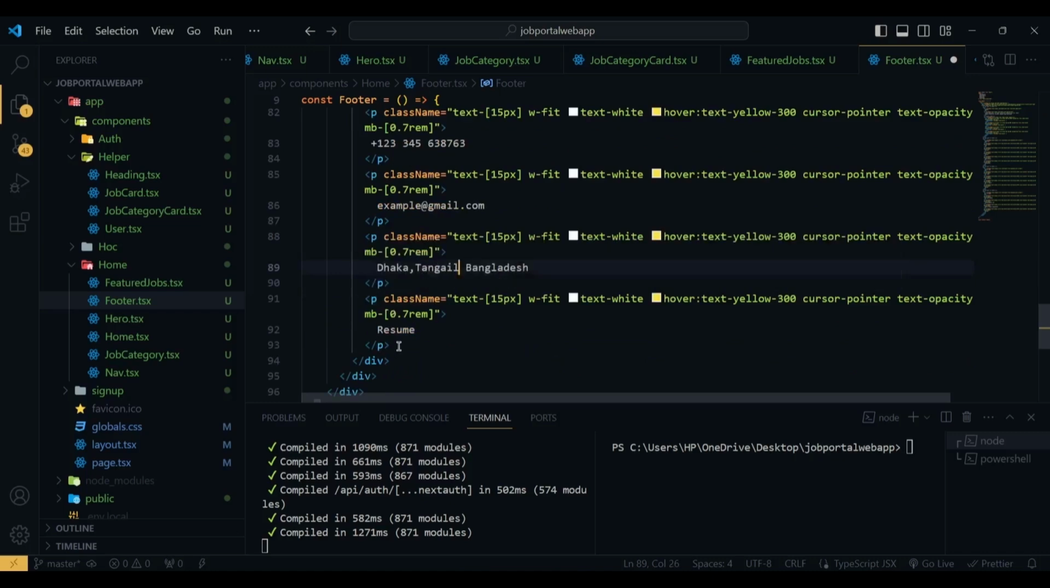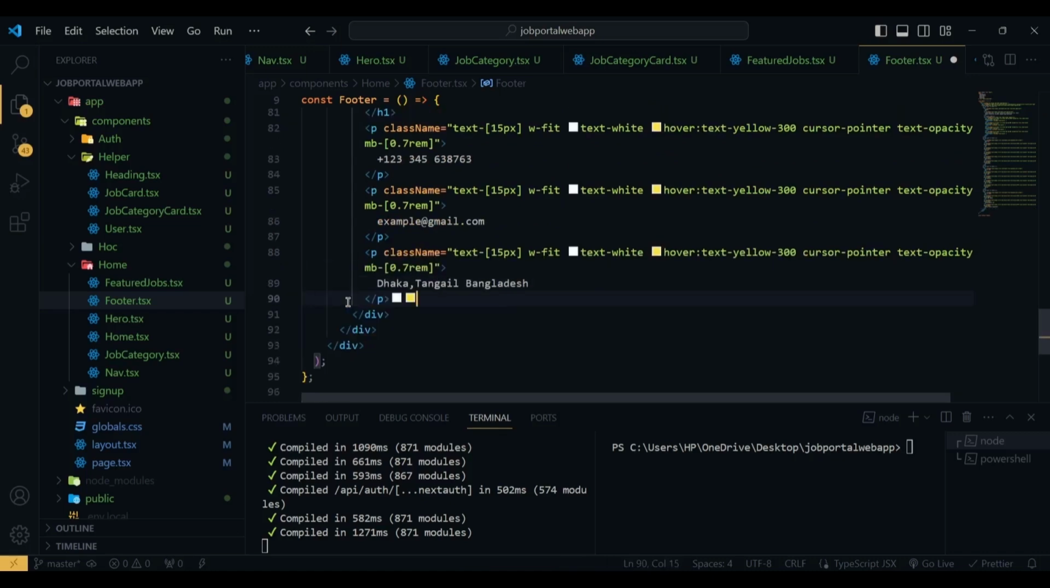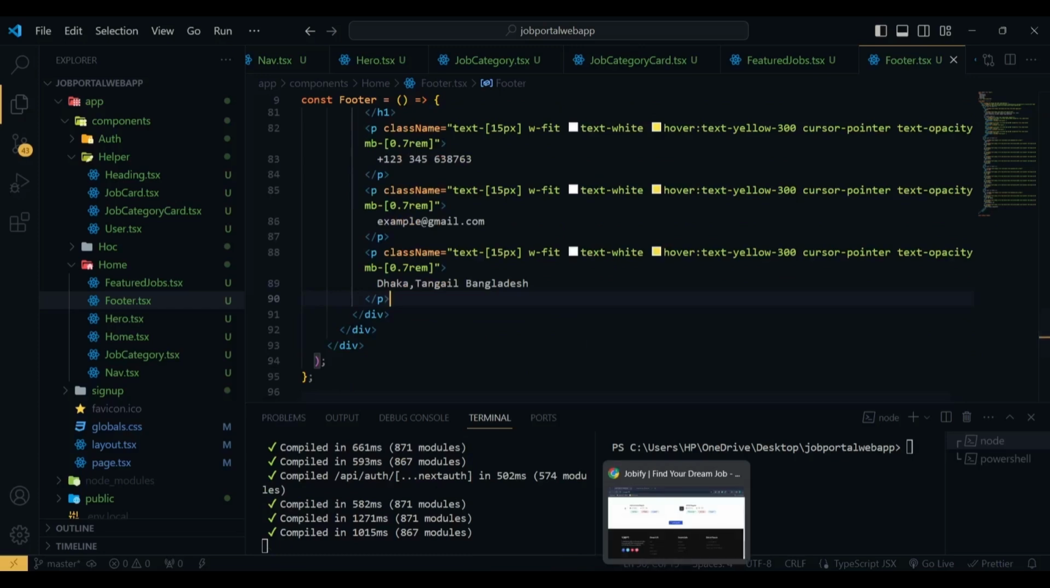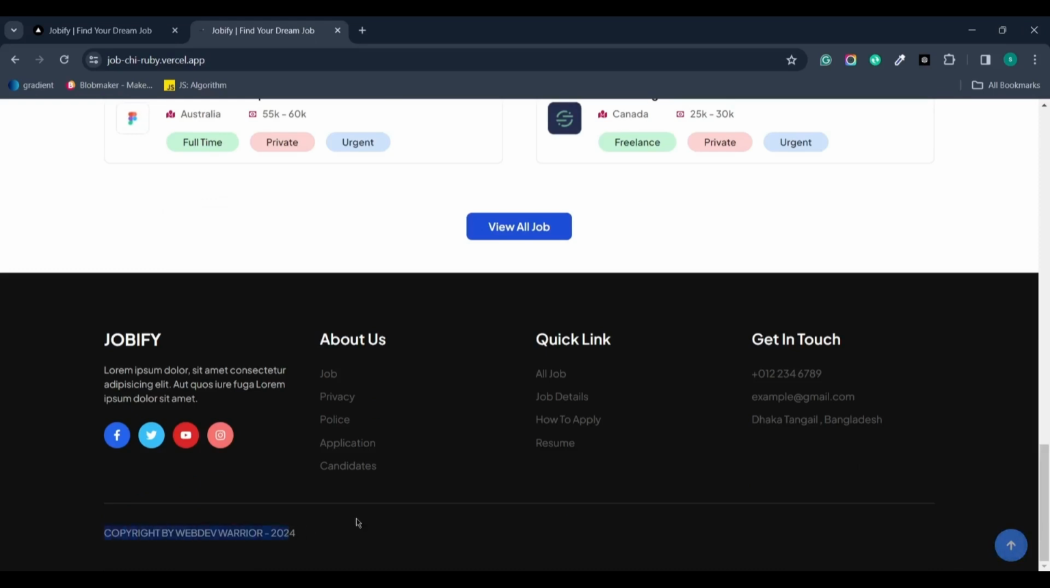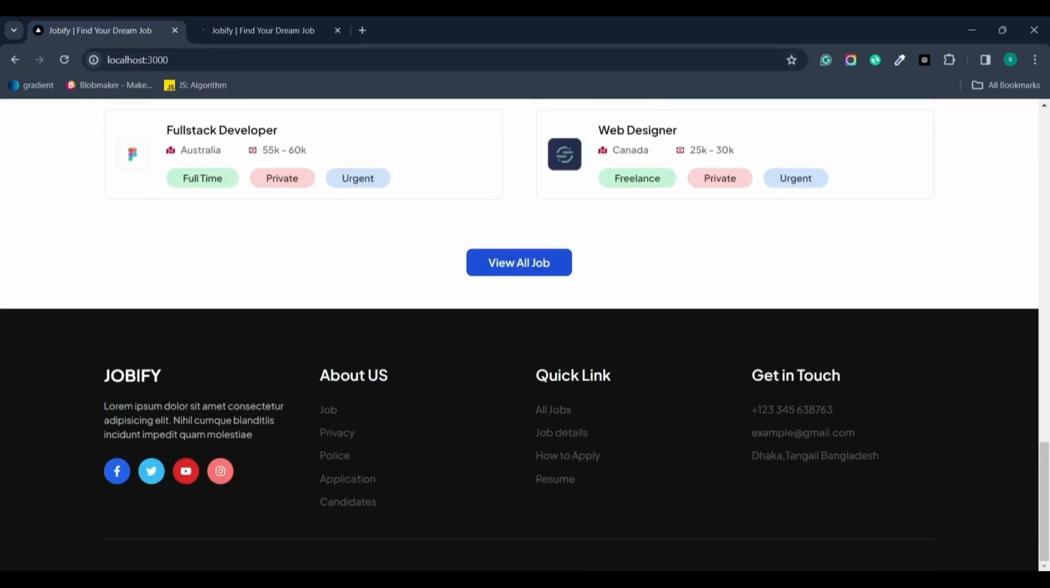So we do not need this one, so I'm going to remove this, and if I save, you can see this looks very nice. And finally we have this copyright text here, so I'm going to copy this text from here, and then